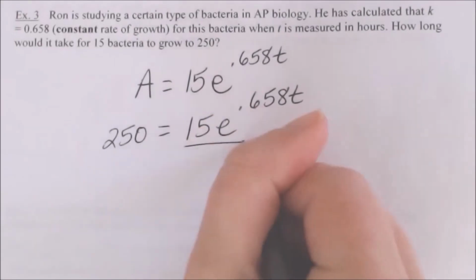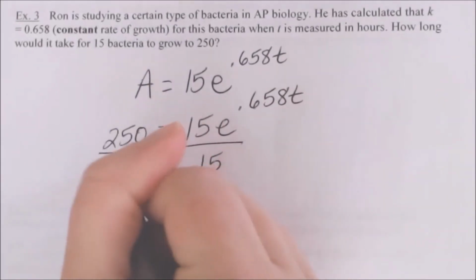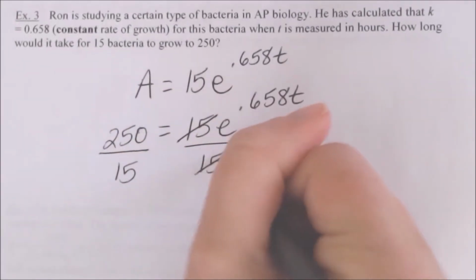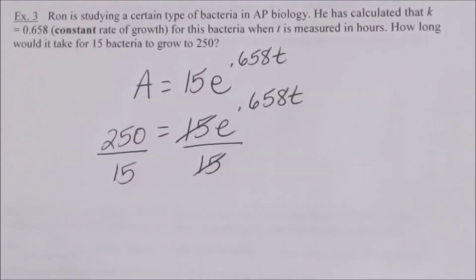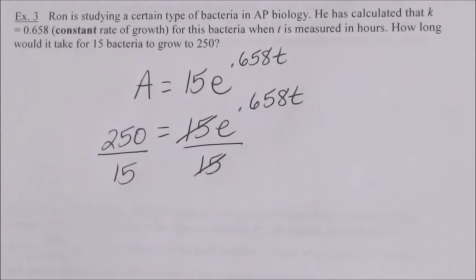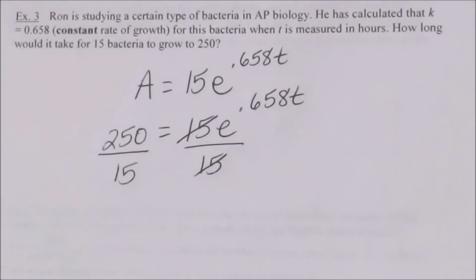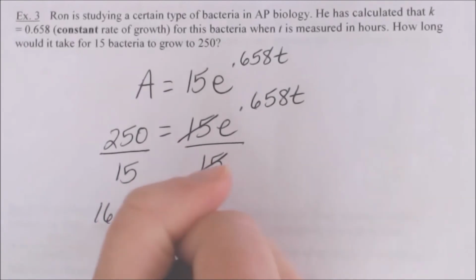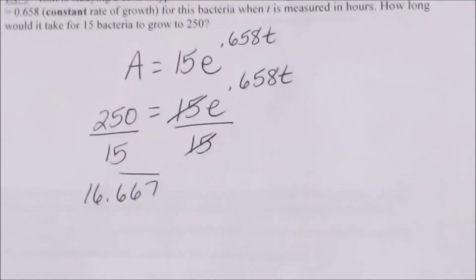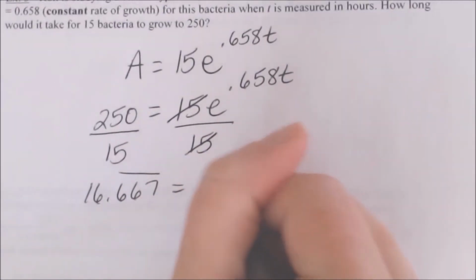So first thing I'm going to do is divide by 15 because I have to isolate the exponential function part. So 250 divided by 15, if you want to use a decimal for that, you can. If you want to use a fraction, that's okay. As a decimal, I'm getting 16.6667, a repeating decimal, equals e to the